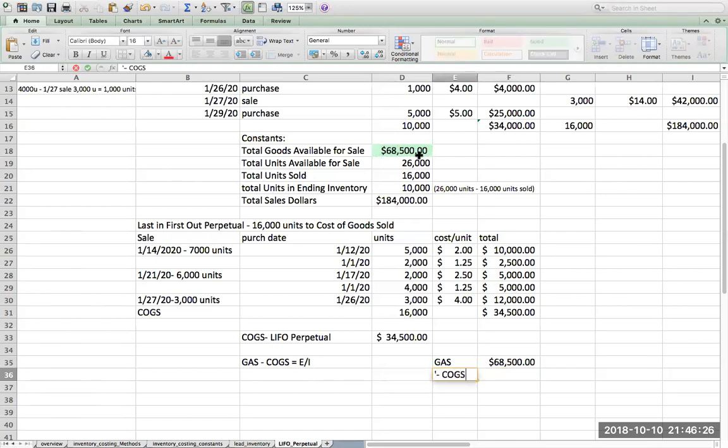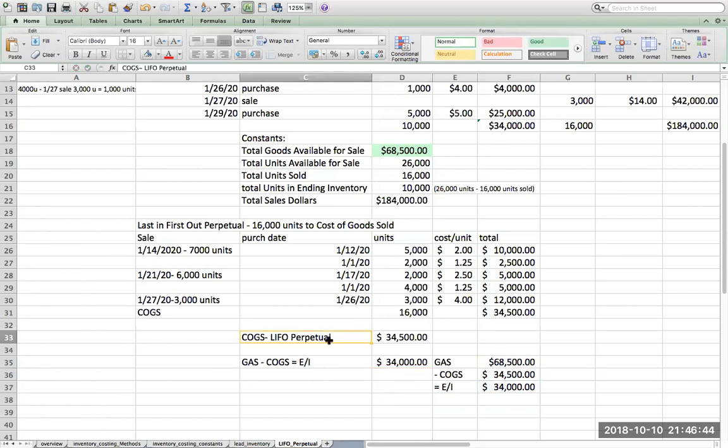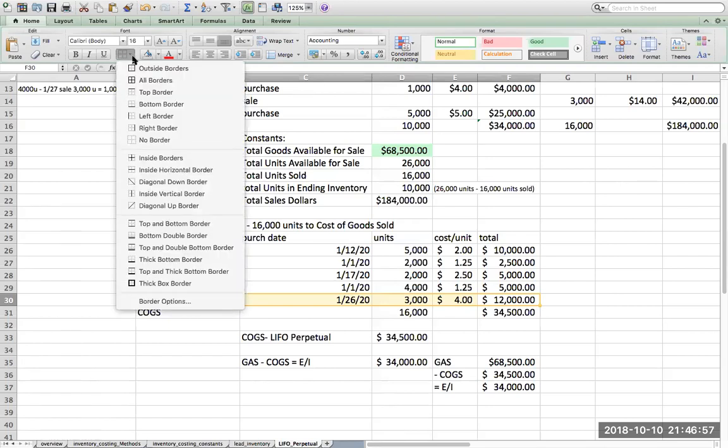My cost of goods sold under LIFO perpetual is 34,500. So that must mean my ending inventory is going to be $34,000. So under LIFO perpetual, my cost of goods sold is 34,500, and my ending inventory value is going to be right here at,